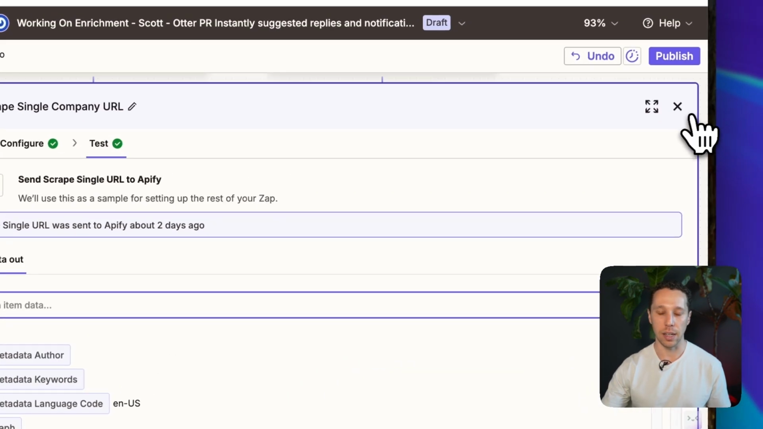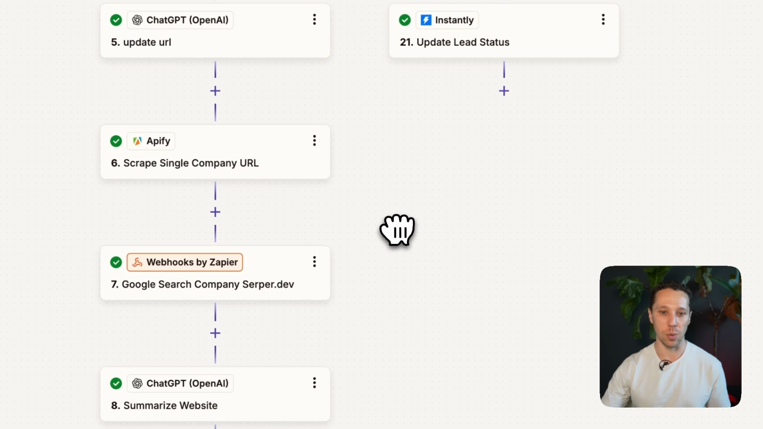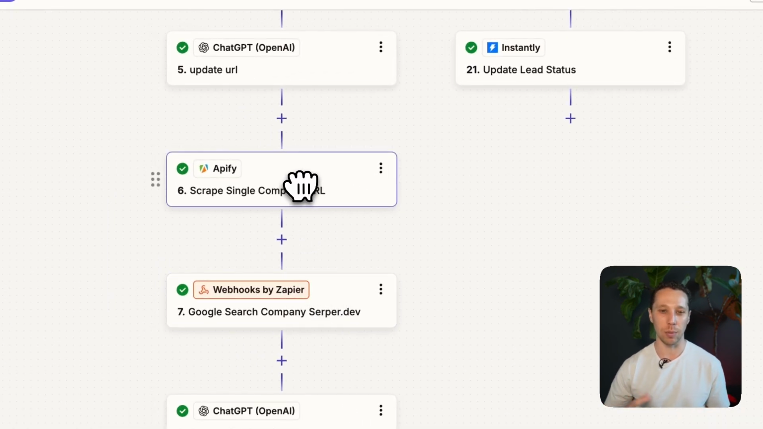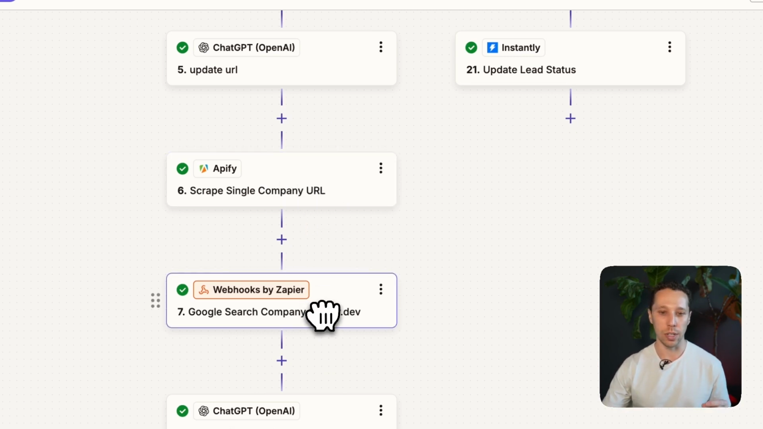Basically, if this fails, it will continue anyways. So what we're doing is we have a backup here of a different way. Sometimes this fails, sometimes it doesn't, but we figured might as well gather double information. So we're using Serper.Dev,